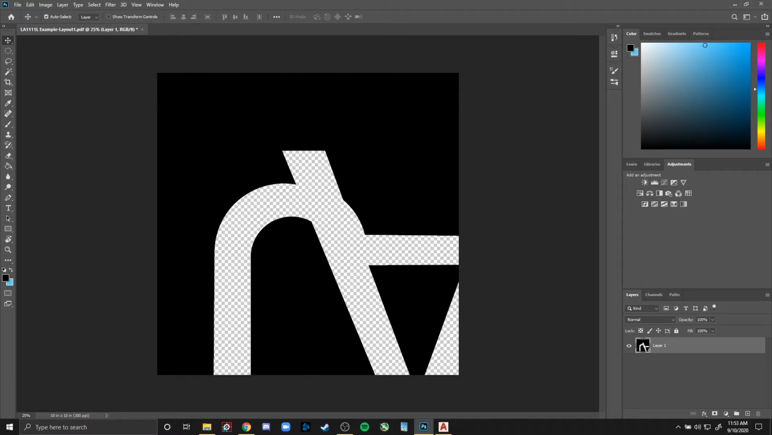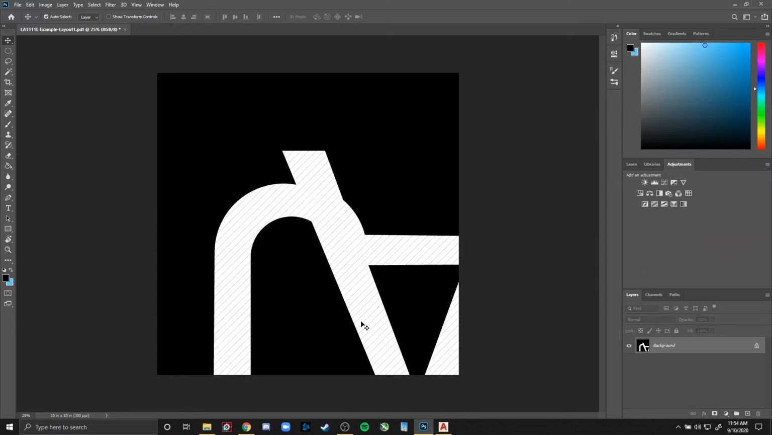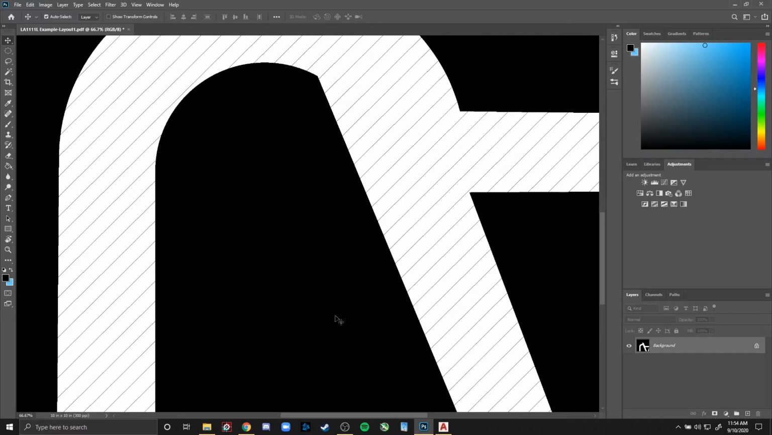And as you can see, it's kind of hard to tell, but this checkered background means that it is transparent. And for example purposes, I'm going to show you how to flatten an image, which should bring back the white. So in your layer tab, we are going to right click, and we're going to look for flatten image. Once you click flatten image, the white will come back, but since we are saving this as a PNG,